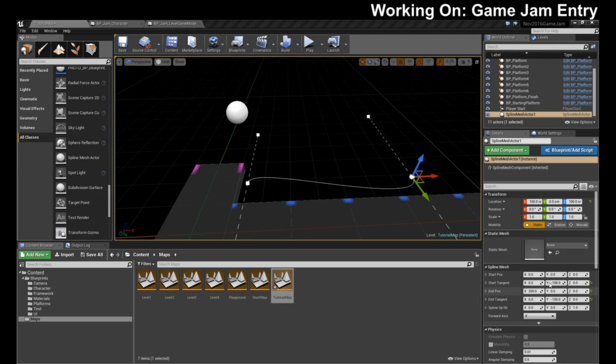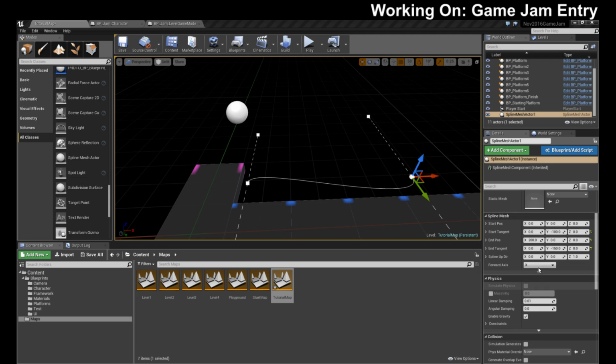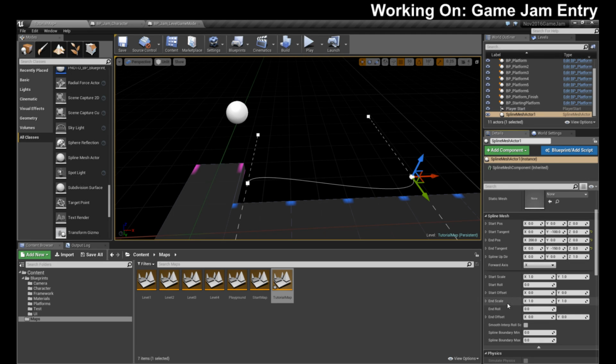Well, I can't see how to set up to have more than 2 control points either, unless I'm confused. Control plus left mouse.